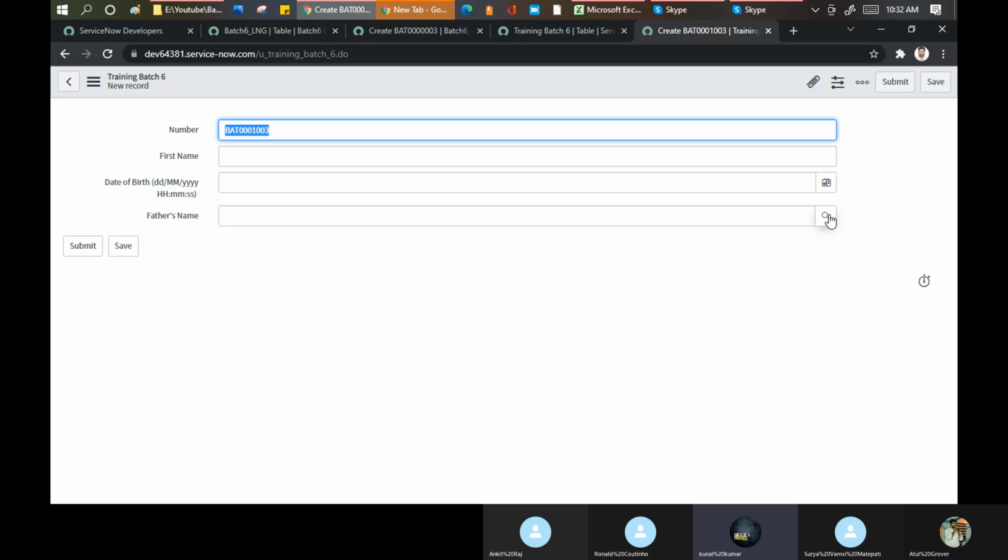If you present this form to your customer, what feedback will we be getting? Please don't come to me with this tool again, right? So now the work starts for the formatting part. There are two options to do the formatting on this form level. One is called the form layout and one is called the form design.